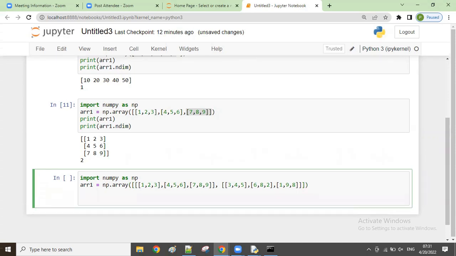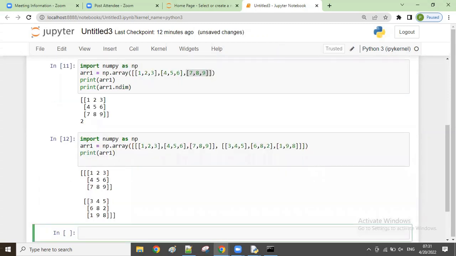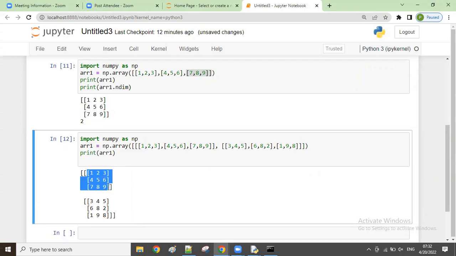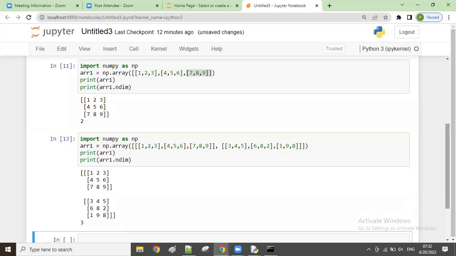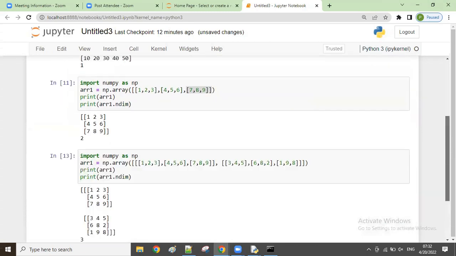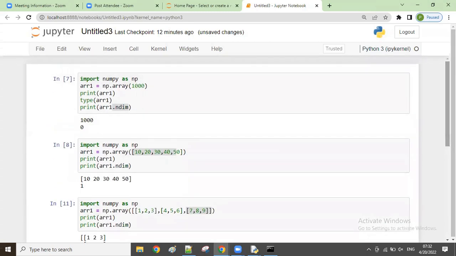Now let us try here. Print of array 1. Let's see now. We can see now, right? All of you. This is suppose one 2D, and this is one more 2D, and overall this is the last bracket, and here the first bracket is there, right? And here print of array 1 dot ndim, which one? 3D is there, right? 3D like this, right? So 0 dimension, 1 dimension, 2 dimension, and